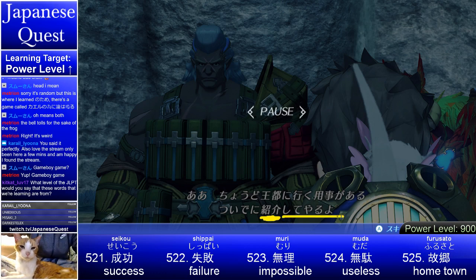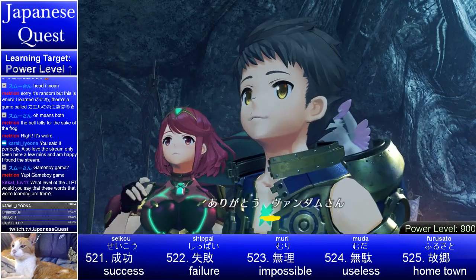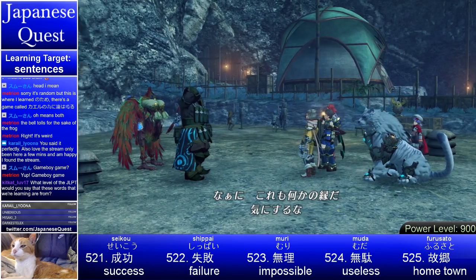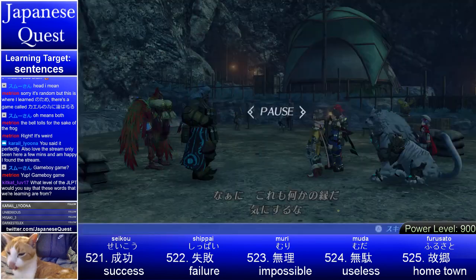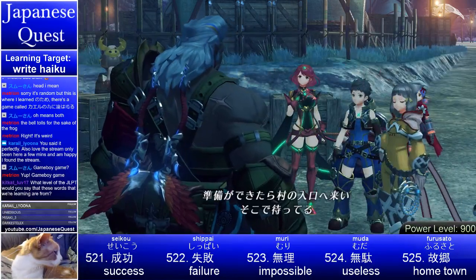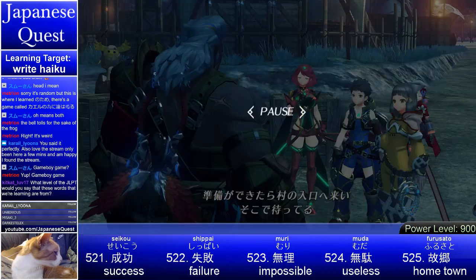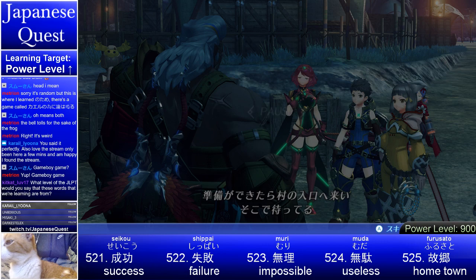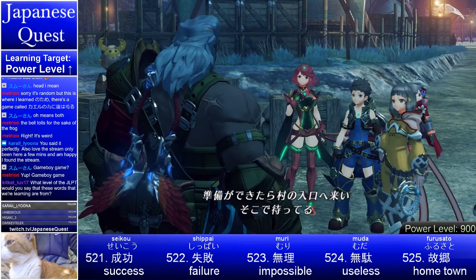Shokai してやる。 してやるよ。 ありがとう、バンダムさん。 Thank you. なに？これも何かの縁だ。 So this is some kind of fate. Don't worry about it. 気にするな。 にするな。準備ができたら村の入り口へ来い。 So once you are ready, junbi means preparations. So 準備ができたら村の入り口へ来い. So please go to the entrance of the village. I will wait there. そこで待ってる。